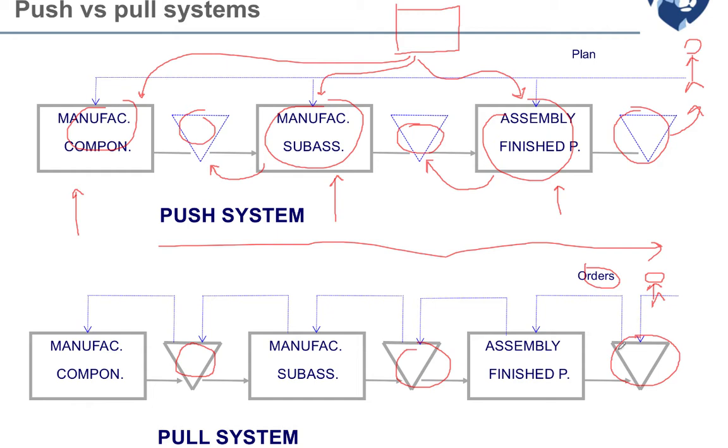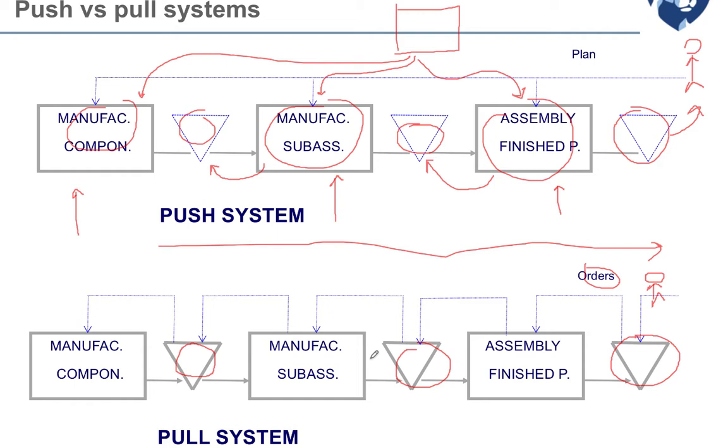Because without order, there is no need to look here, no need to replenish this inventory, no need to replenish this inventory, and so on. So without order, the system is supposed not to work, when instead the system is supposed to react when a customer order arises. Pull system. The system is pulled by the customer